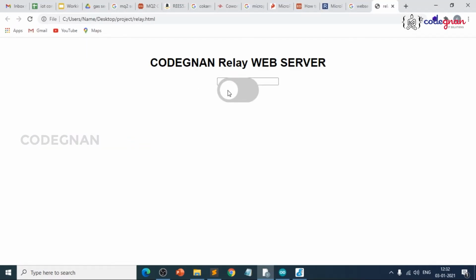See, for this we are writing here. Once we check this one, automatically we'll know. We are writing this to toggle this switch here.